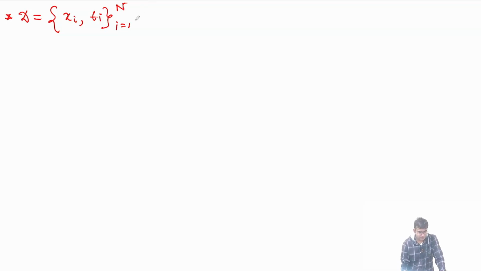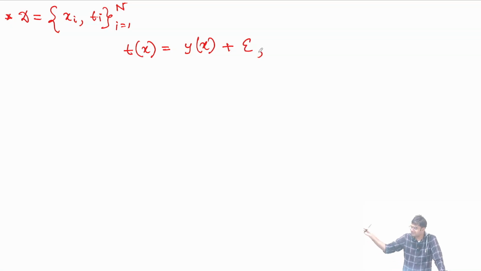We are interested in solving a regression problem, or a supervised learning problem. So t of x is equal to y of x plus epsilon, where epsilon is your model discrepancy, noise, and all those things,